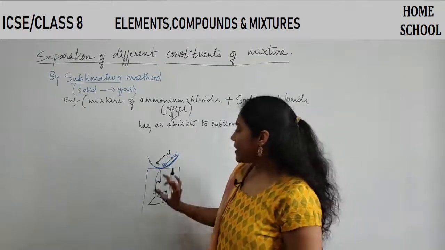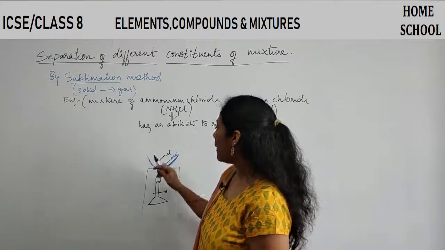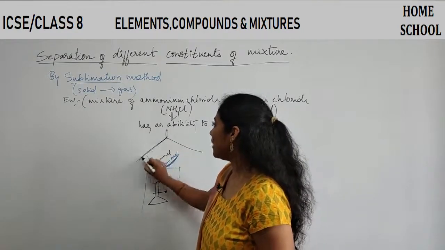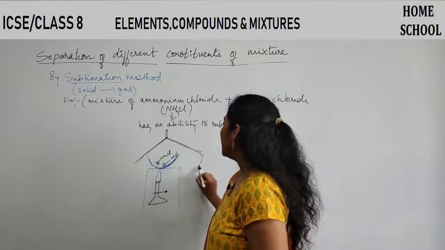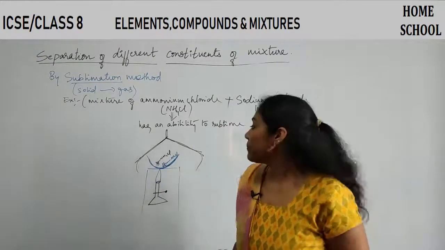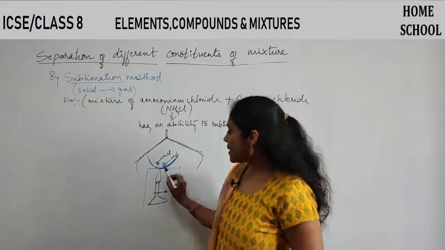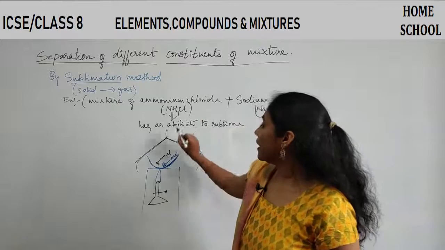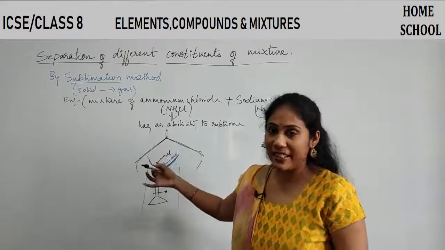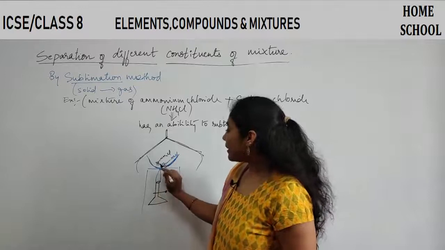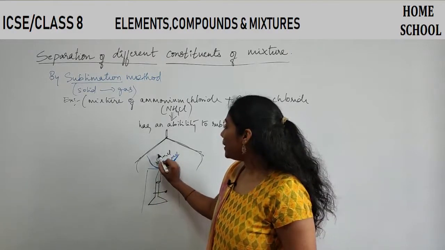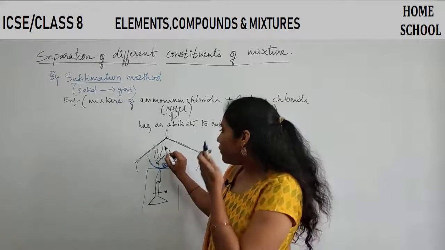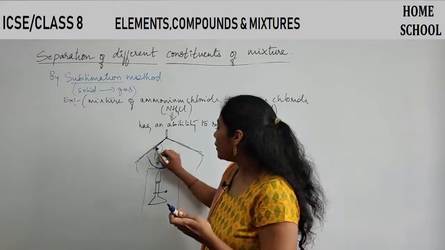Okay, so as you start heating, say this whole bowl I will cover with a glass funnel. So I am covering the whole bowl with this glass funnel. What happens is, the moment you start heating up, ammonium chloride has an ability to convert from solid state to gaseous state, right? So the moment you start heating, ammonium chloride will slowly evaporate, and these vapors stick onto the glass tube.